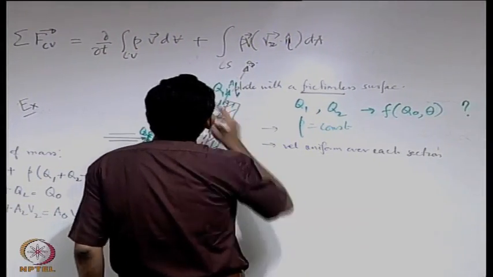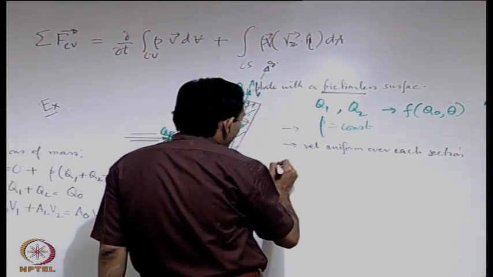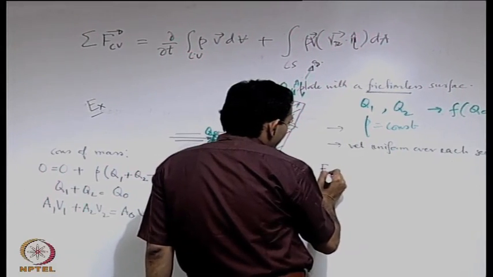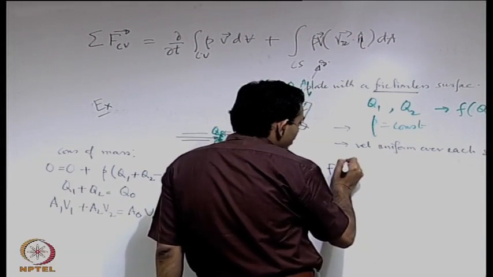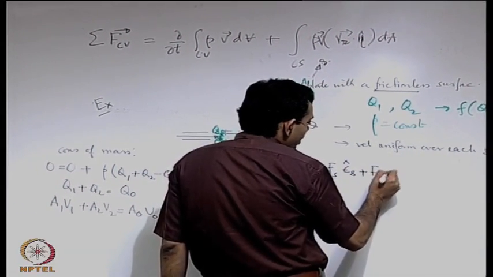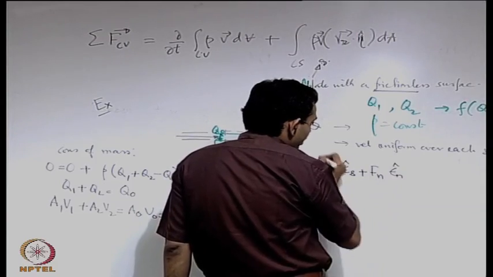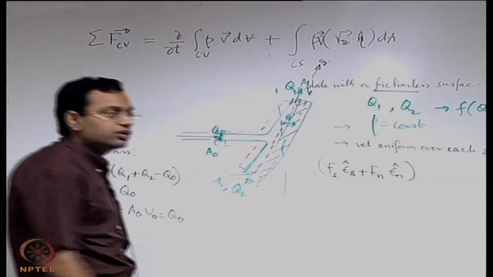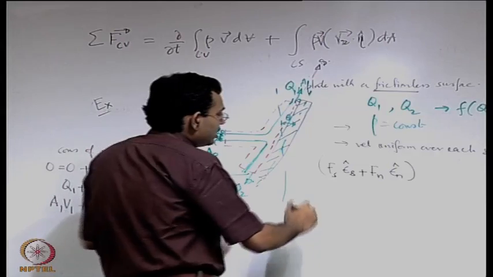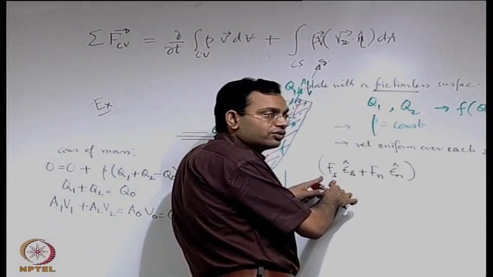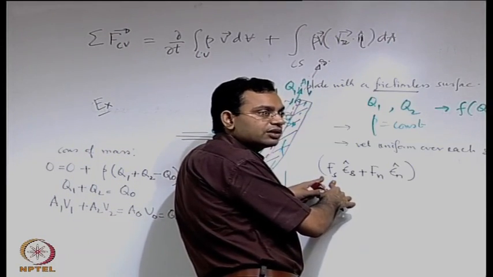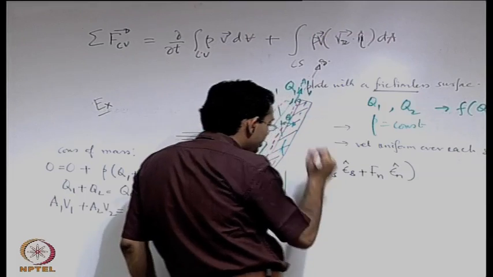So let us write the conservation of linear momentum, F as Fs into unit vector along s plus Fn into unit vector along n. This is the resultant force on the control volume. In general form, we know that Fs is 0 from the physical considerations of a frictionless plate. This is equal to,